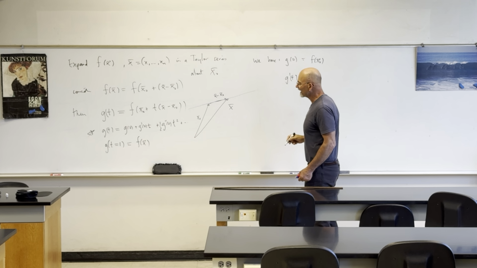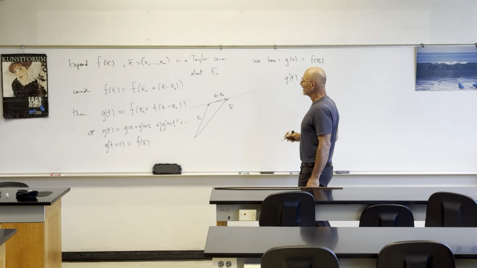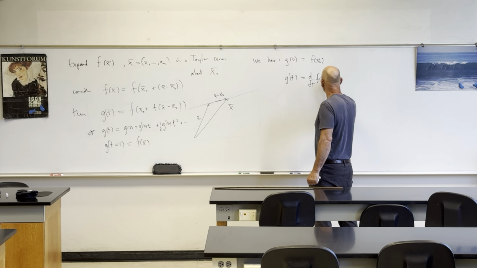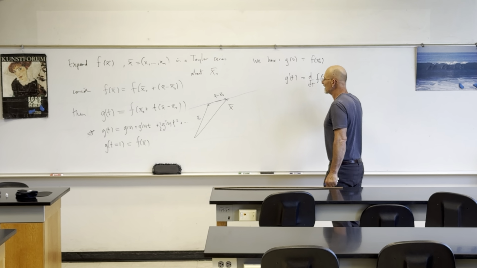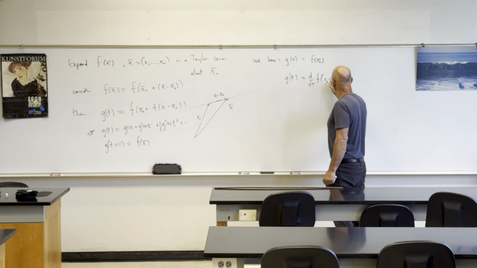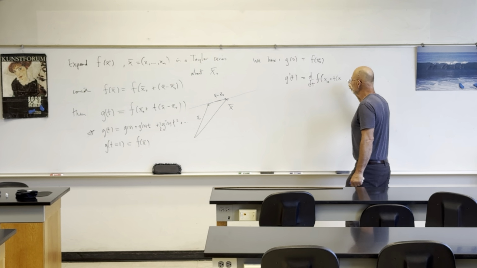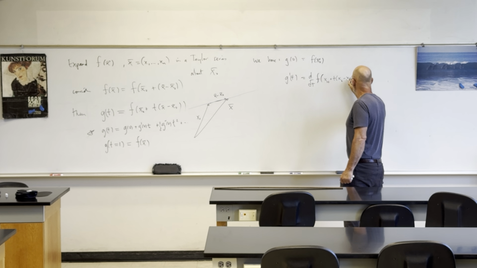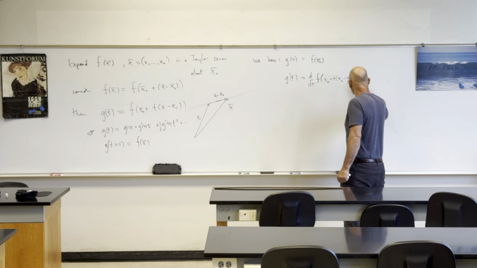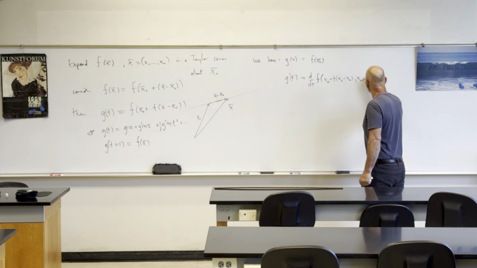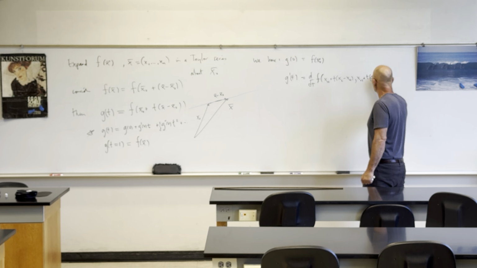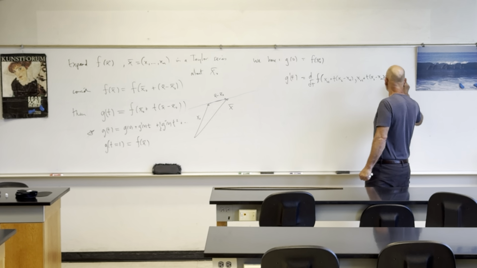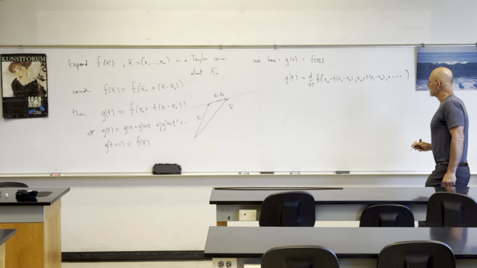So we're going to write this thing out as follows. F of x naught 1 plus t times x 1 minus x 0 1, comma, x 0 2 plus t times x 2 minus x 0 2, plus all the way down to n. Sometimes you gotta have all these arguments by the end. When you take this derivative,